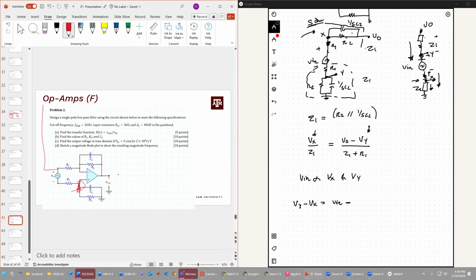I want to make sure I'm doing this part right. Oh, okay, yeah, I think I like Mahi's equation. Yeah, so Vn minus Vx over R1. So now we have Vn in terms of Vx, but we need to